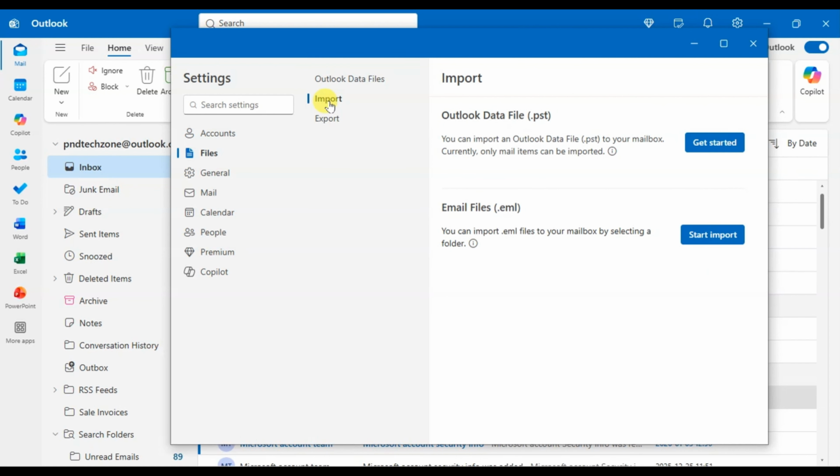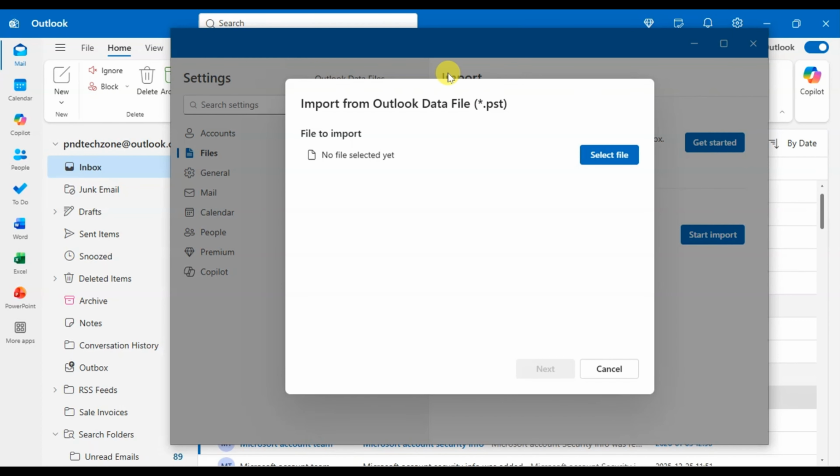Just click on the import, and here in import the first option is Outlook data file .pst. So you can import an Outlook data file PST to your mailbox currently. Only mail items can be imported. Okay. After that, just click on the get started, and here one dialog box is open, import from Outlook